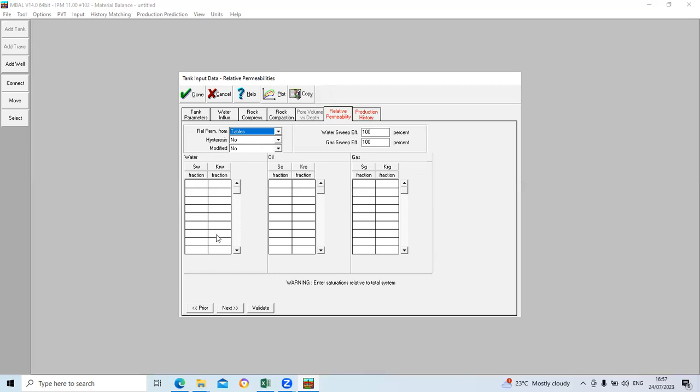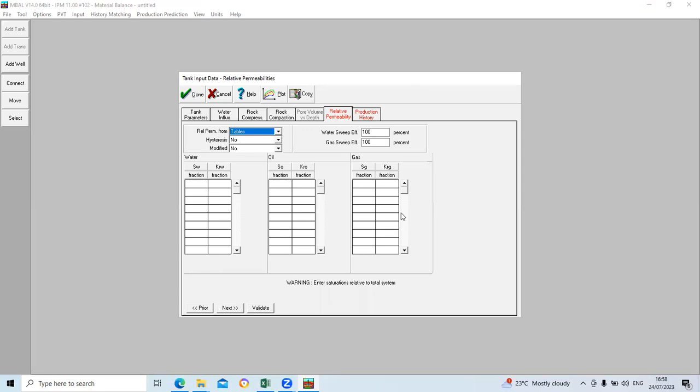Maybe you have carried out the experiment in the lab based on the water saturation levels, and they have measured the relative permeability of water, of oil, and of gas. So in that case, you have to input your parameters here,